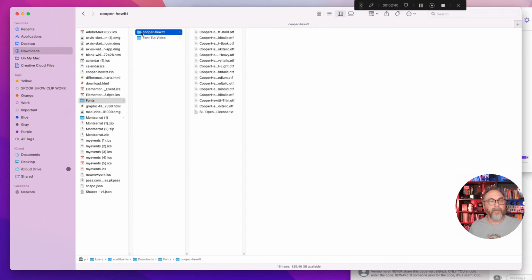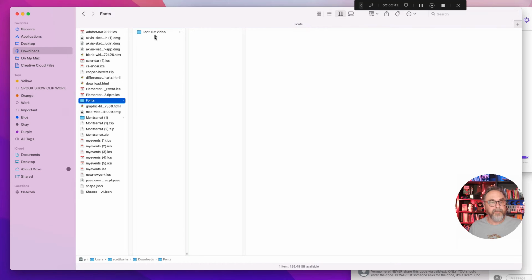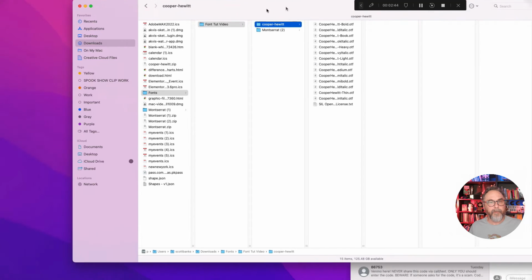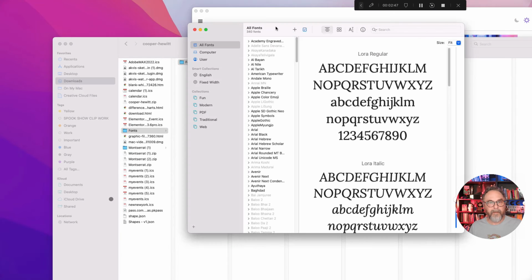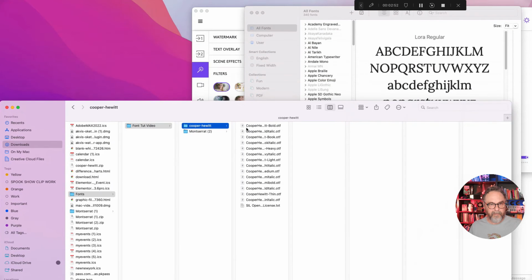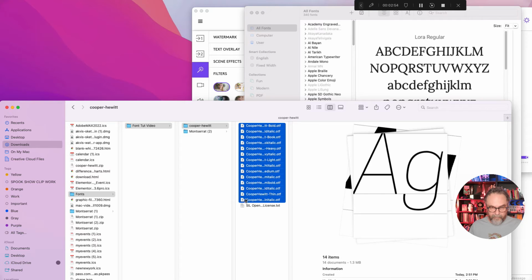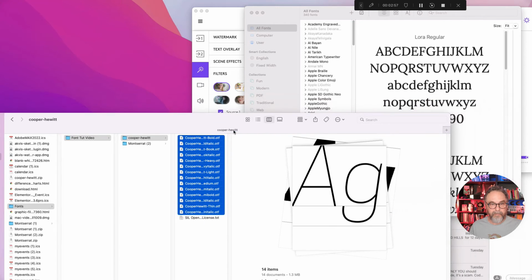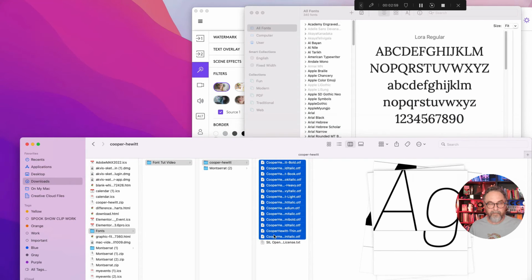It just keeps things organized for later if you need to find a certain font for a certain project. And then we're going to go to Cooper Hewitt, the one that I just downloaded in the previous section. All we need to do is select all these fonts. Actually, that's cool. This is called a SIL license, open font licensing, which basically means that you can share this font with anybody. There's no copyright or anything on it, which is really, really cool. Really great for websites or projects that involve multiple people,